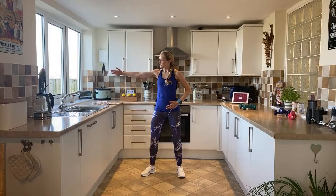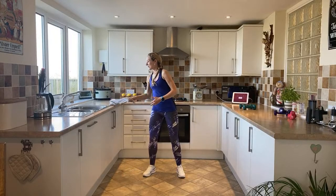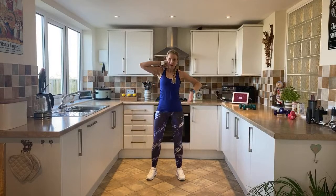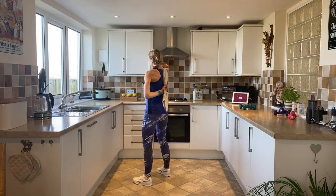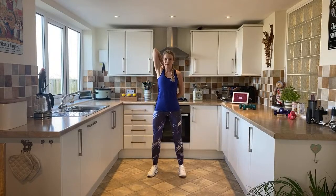So take your left arm out, bring it across the body, pull that arm in, shoulder nice and low. Steady breath. Good, and you can either reach your arm up and let the elbow travel down in for a tricep stretch like this, or you can grab your tea towel, pop it over the shoulder with your supporting hand, bring that down in for a lovely stretch onto the back of the arm there. Great stuff. Steady breath